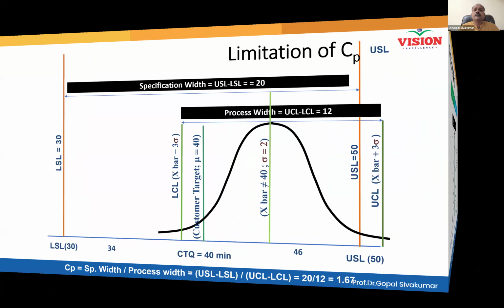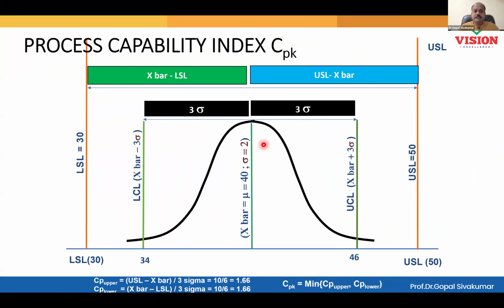So we'll see those formulas also, don't worry. You see here, this is the best slide to understand the formula of Cpk. And see this distance, the total distance is the tolerance given by the customer. So you divide the tolerance given by the customer into two equal parts. The right side is the blue part, the left side is the green part. Since I divided equally, the blue part and green part will be equal. Yes or no? The blue part and green part will be equal in size.